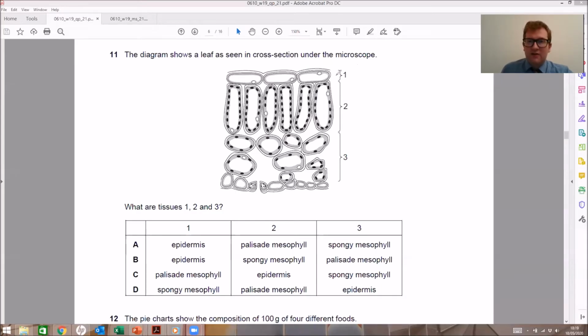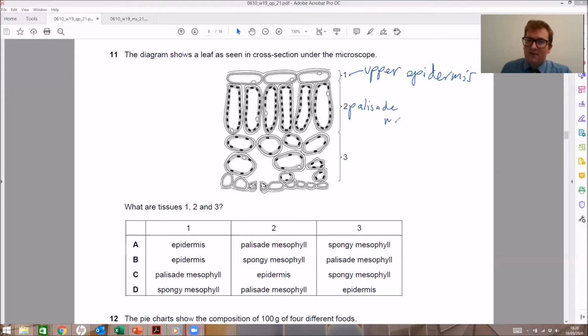Okay, question number 11. The diagram shows the leaves as seen in cross-section under the microscope. So you have to remember the layers here. From your knowledge, you should remember that layer 1 refers to the upper epidermis. This is the outer layer of cells at the top part of the leaf. Not to be confused with this thin layer called the waxy cuticle, which is a substance secreted by the upper epidermis itself. Number 2 is referred to as the palisade